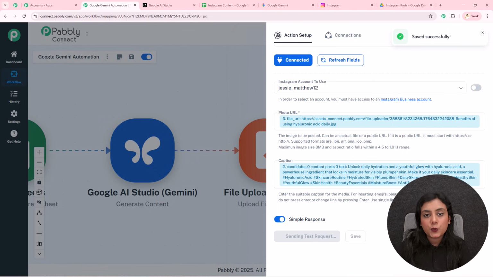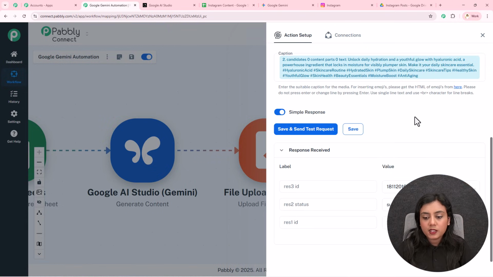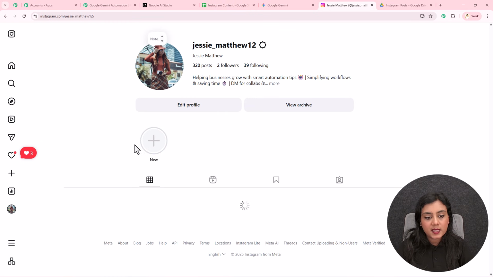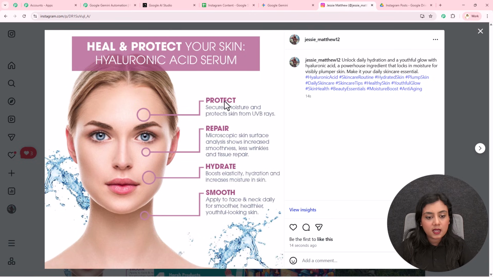It will take few seconds to create a post on Instagram, so you have to wait for the response right over here. So we are going to wait now. And within few seconds, I've received the response in which I've received the ID and the status as success. That's a positive response. And if I'll reload the page of my Instagram profile from here, you will see a new post with that same image and the Gemini generated caption with the hashtags has been created on my Instagram